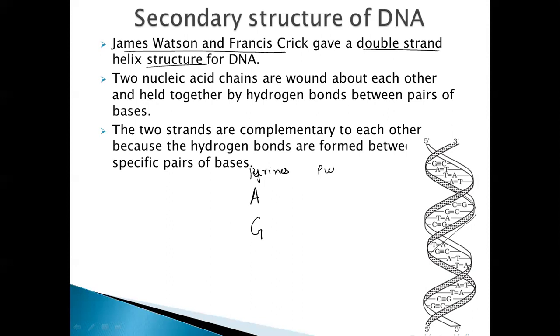And what are the pyrimidines which are present in DNA here? So purines are adenine, guanine, and pyrimidines are thymine and cytosine here. So always adenine base pairs with thymine and guanine with cytosine in this complementary strand. That is why I'm saying these two strands are complementary to one another. Wherever there is G, there is a pairing with C. Wherever there is A, there is pairing with T by means of two hydrogen bonds with adenine and thymine, and three hydrogen bonds with the pairing for guanine and cytosine.